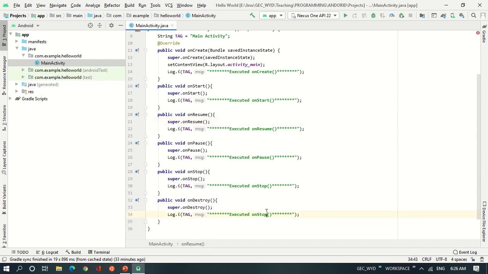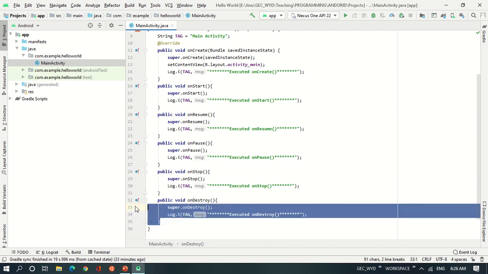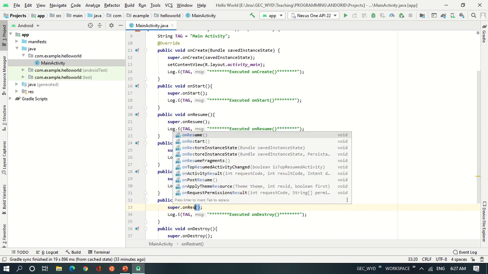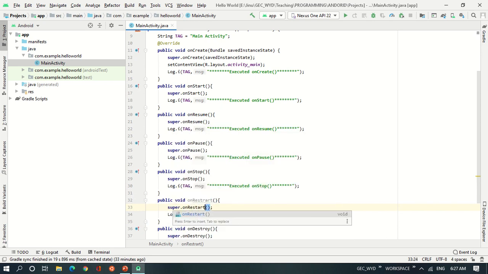But I'll put this in the code, destroy, and maybe I'll also put the restart. So I say restart, and I'll call the corresponding method of the super class. Even this might also be called.